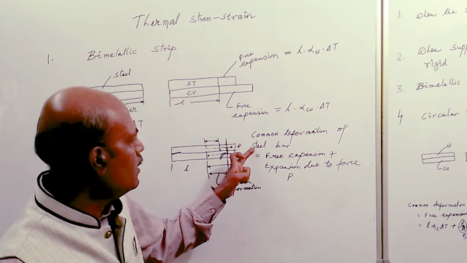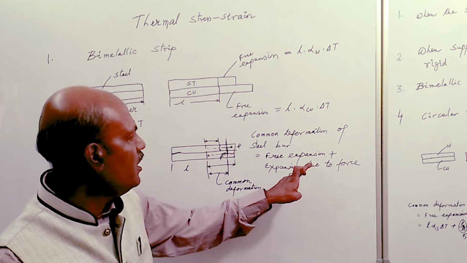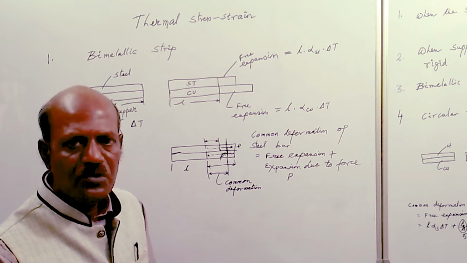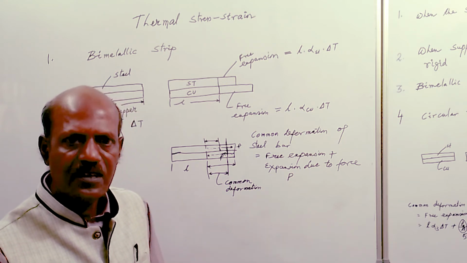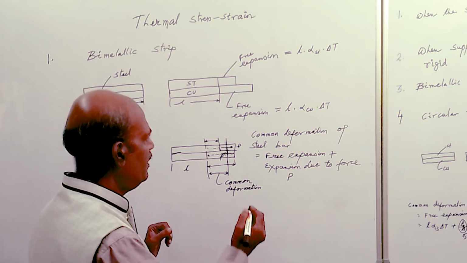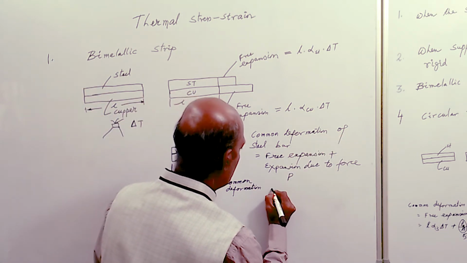So the common deformation for the steel bar will be the sum of the free expansion plus the expansion due to force P, because force P is the tensile force acting on the steel bar. Similarly, if we see the common deformation of the copper bar,